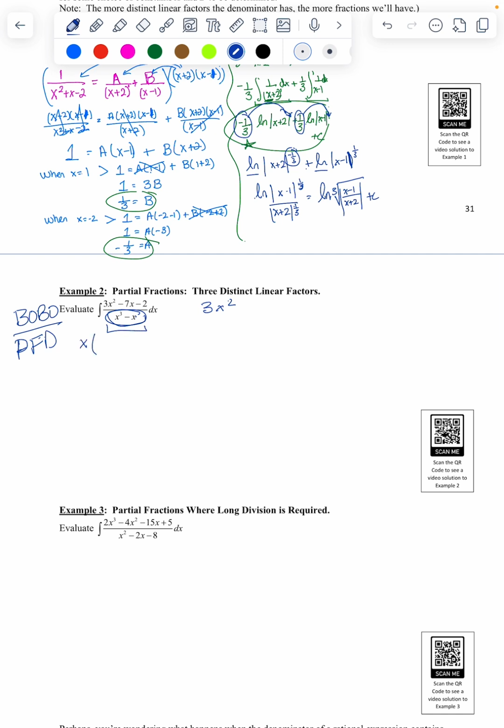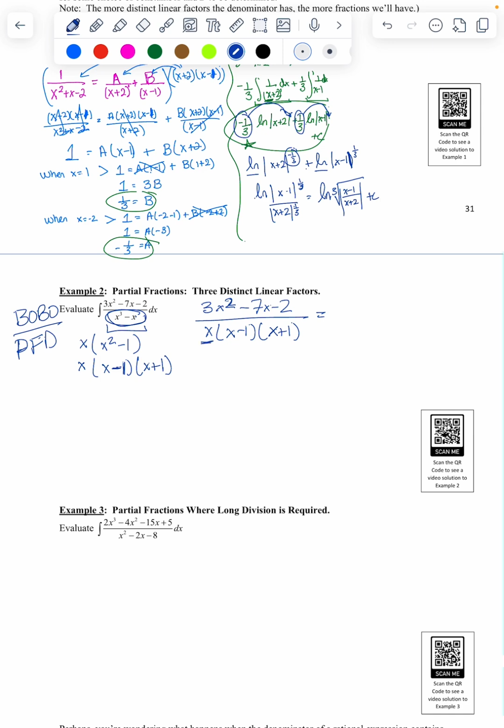So first we factor out an x. We're left with x squared minus 1. And then, of course, that x squared minus 1 is a difference of squares. So we got x minus 1, x plus 1. And these are 3 distinct linear factors. So now the rewrite to figure out our a, b, and c, you'll see why there's a c in just a second, is 3x squared minus 7x minus 2 over x times (x minus 1) times (x plus 1). Okay, that's the breakdown of this, is equal to,